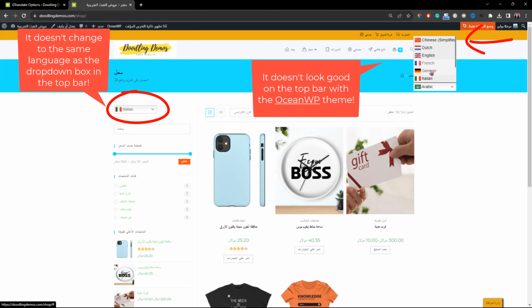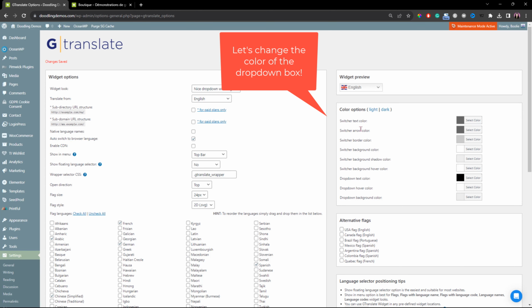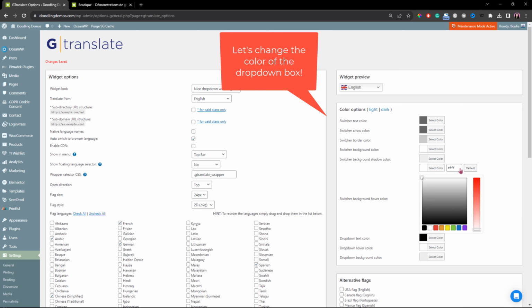Oh, it looks like the colors of the drop-down box don't look good. Let's go back to the settings. Right here in this section, you can play around to change different colors of the drop-down box. Let's change the selected language hover background to black. It is right here. Just click the black color right here and let's see what it's going to look like in